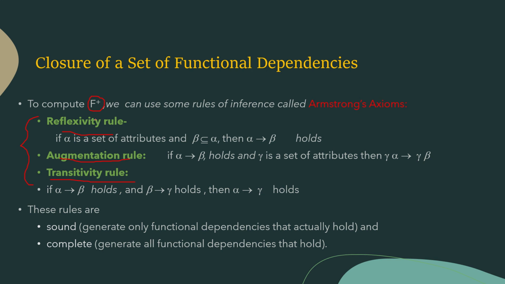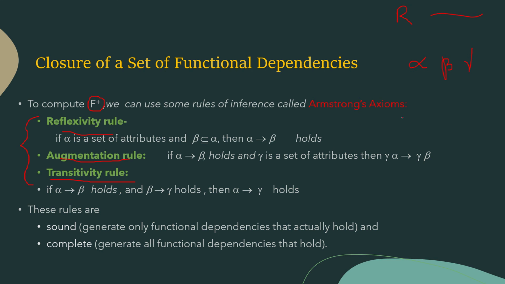So now we can study the meaning of all these rules. Before explaining these rules, we know what alpha is and what beta is, and here we are using another variable called gamma. Suppose R is a relation which contains a set of attributes. Alpha, beta and gamma are any subsets of these attributes. So just remember that point: alpha, beta and gamma are subsets of the attributes of this relation R.